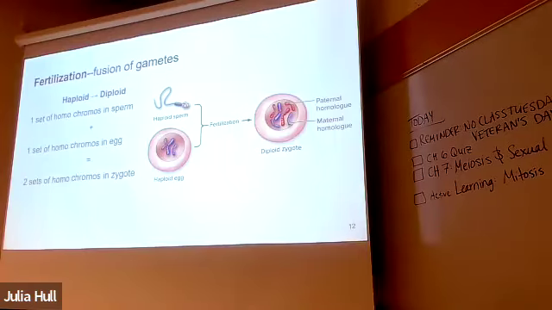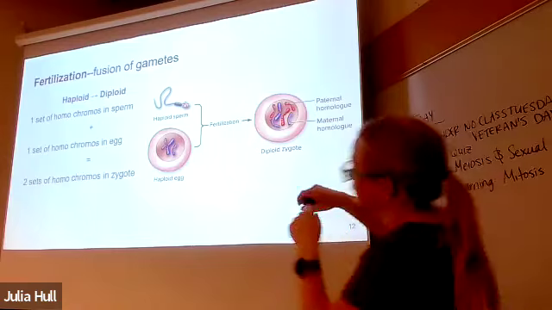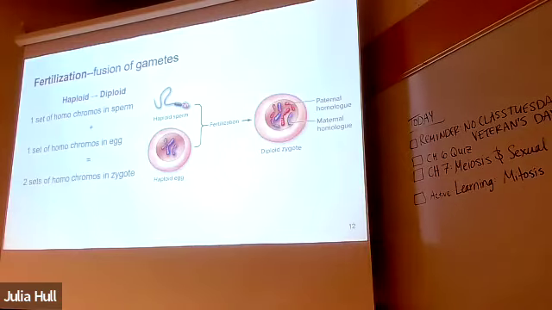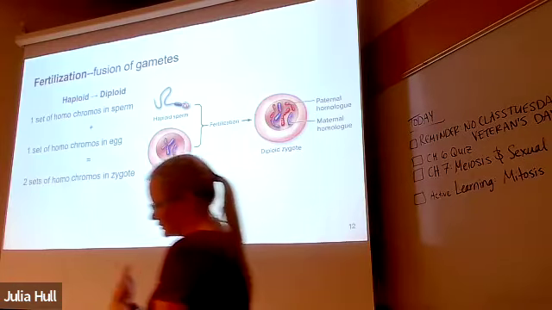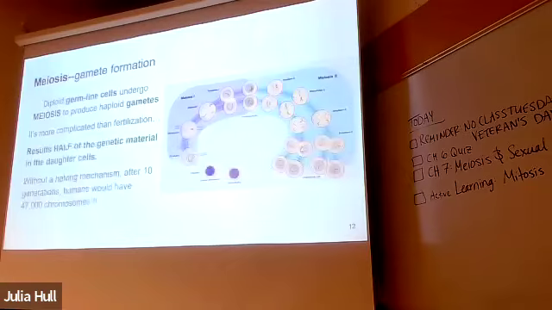And that's because, we're going to get there when we talk about what's hiding behind this arrow of meiosis. The genes that get selected to be inside of a sperm cell and an egg cell is kind of random. So any random sperm that's going to fuse with any random egg, they're going to have different variations of those genes. And we're going to talk about how we make those.